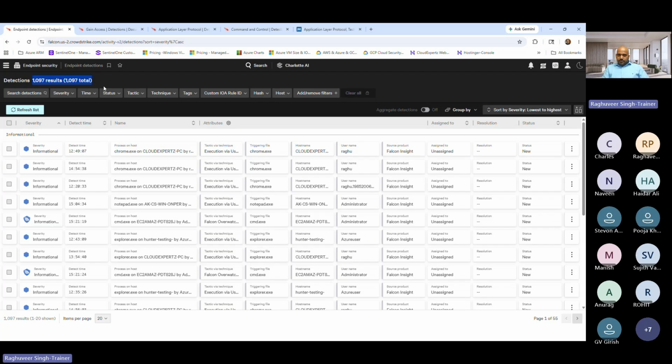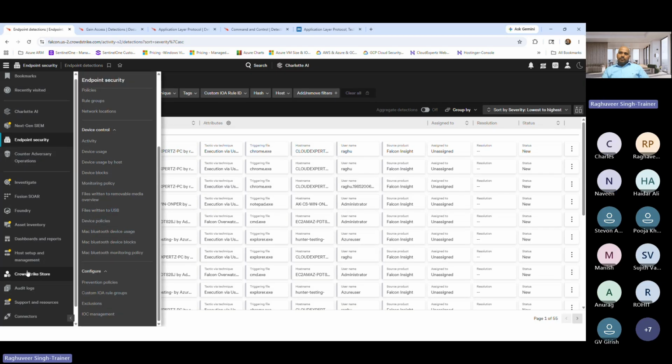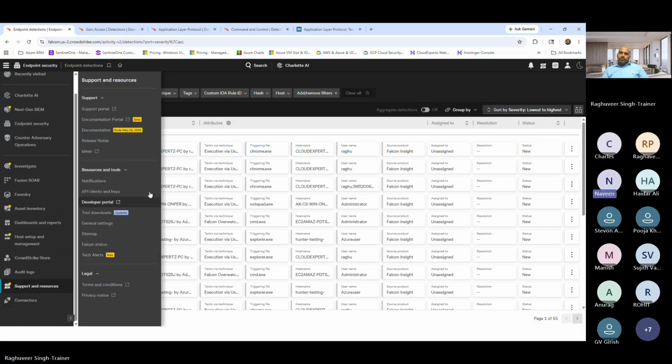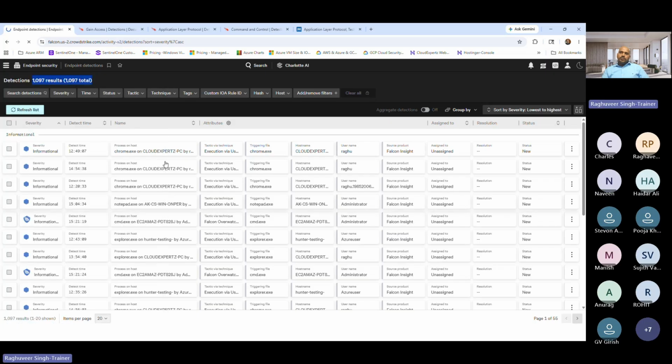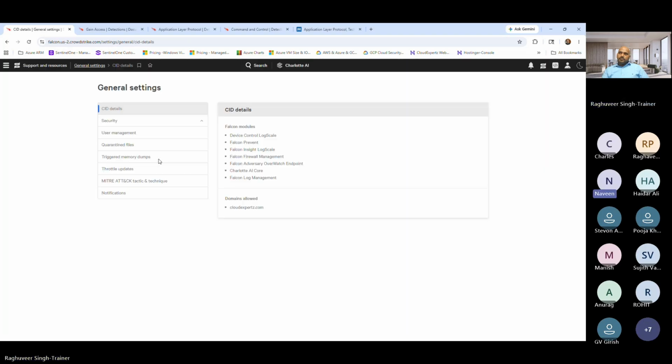Any participant? In general settings, but I forget the path. Okay, so somewhere in the general settings. I'm not sure that's the right path, but